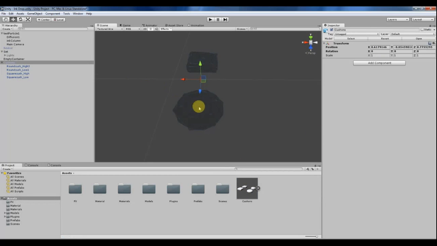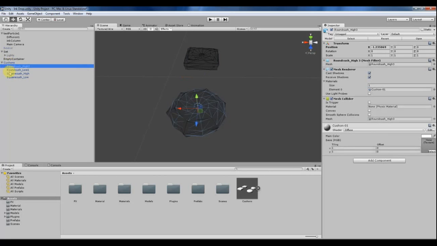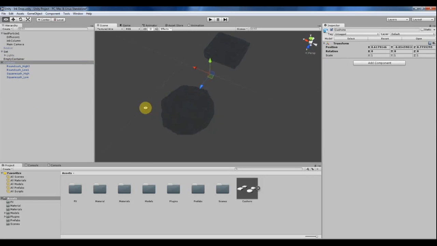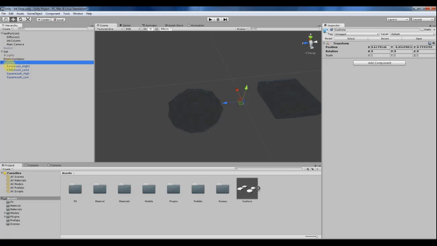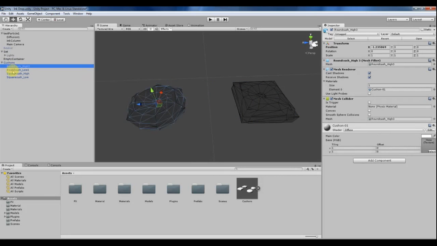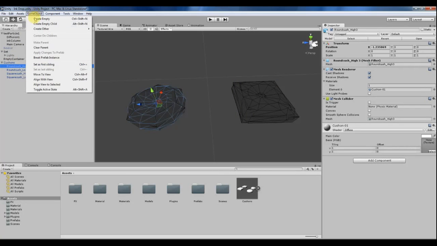All right. So now we have these cushions. What's really important is organizing the prefab properly before you create it. So right now we're just working with these base meshes. And this is what the file looked like just being dragged in from Maya, where I created these. This is great and all, but now everything is parented under this one empty container root. So what we want to do is split it up so that the round cushions go together and the square cushions go together. So I'm going to go to game object,